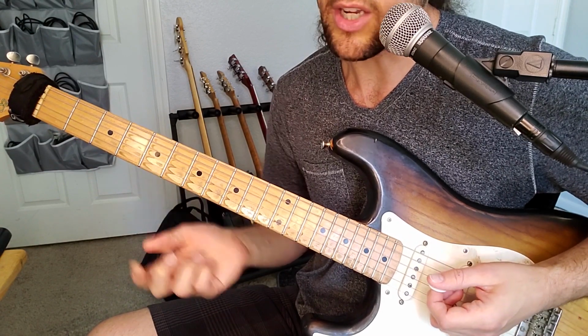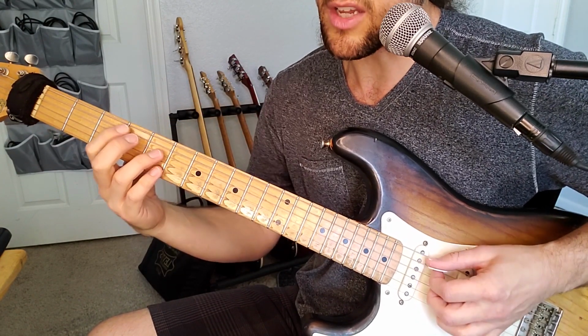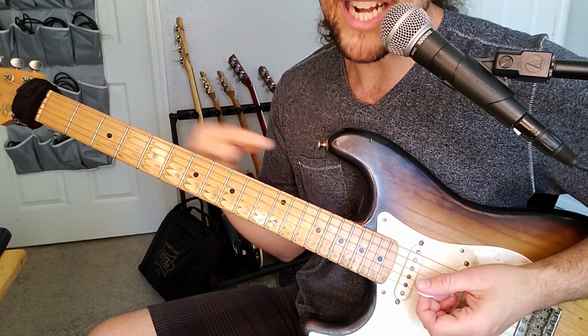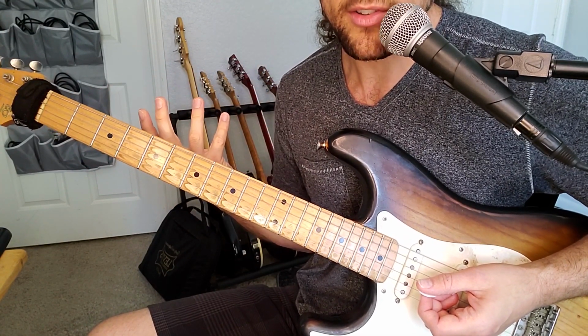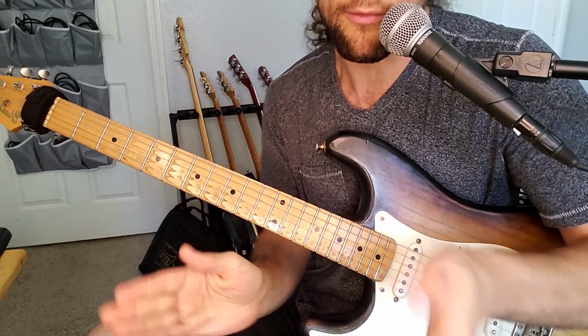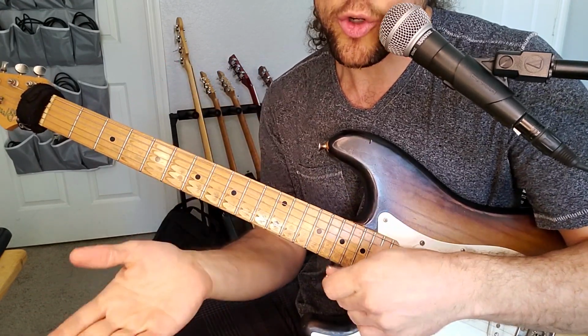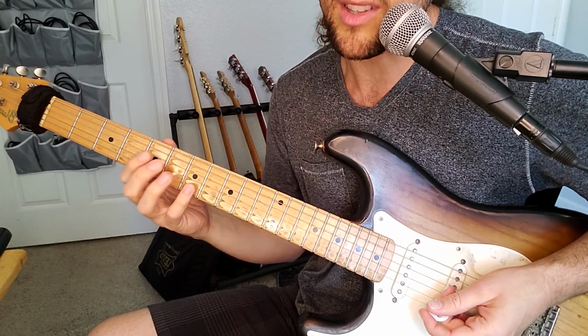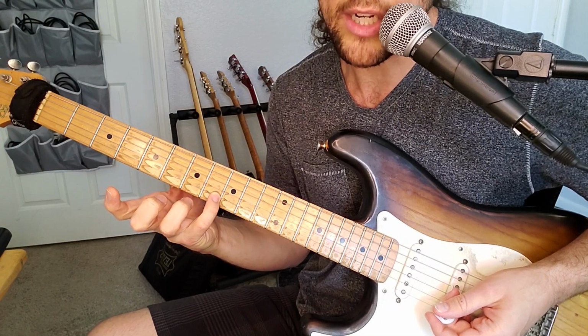1, 5, 3, etc. Now, when I hit that D suspended, if you're not familiar with what suspended is, it's really simple. A suspended chord gets rid of the third and plays something else, and the something else is usually the notes right next to 3, so either 2 or 4. That's why you'll see suspended 2 or suspended 4 very, very popular. So suspended 4 is really nice because the 4 is 1 fret up from the 3, so it's really easy